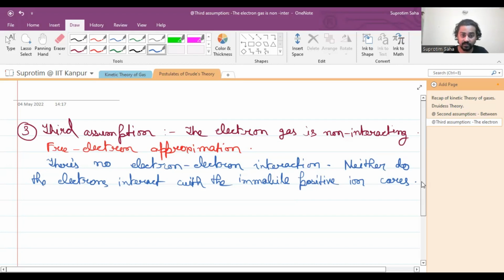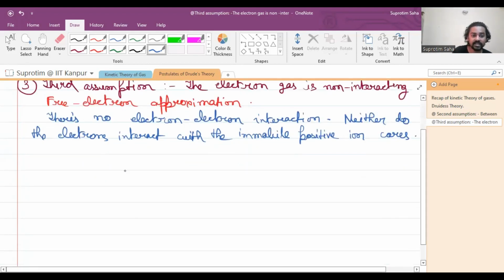All right, these are the basic postulates, the basic assumptions of Drude's theory. So if we ask whether there is an experimental signature of this non-interacting, free electron gas-like nature acting inside the metals, we can go back to our earlier lecture and recall